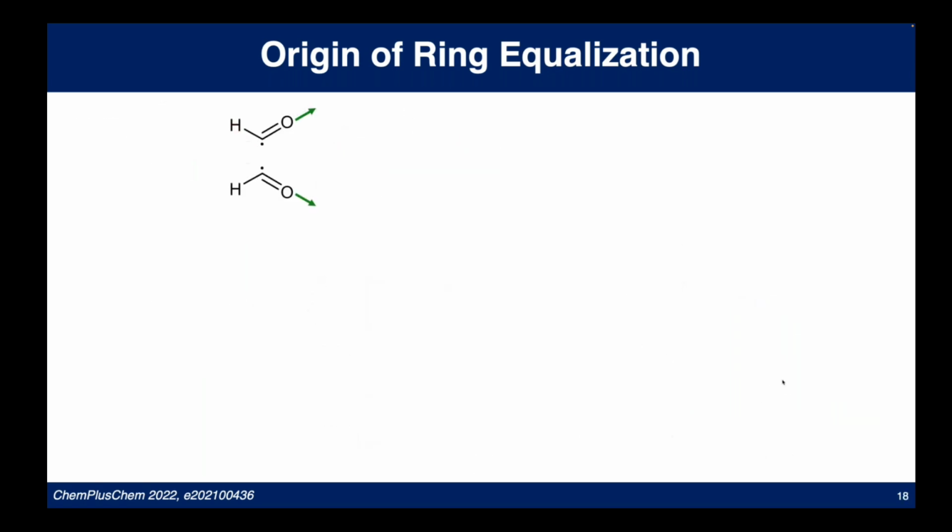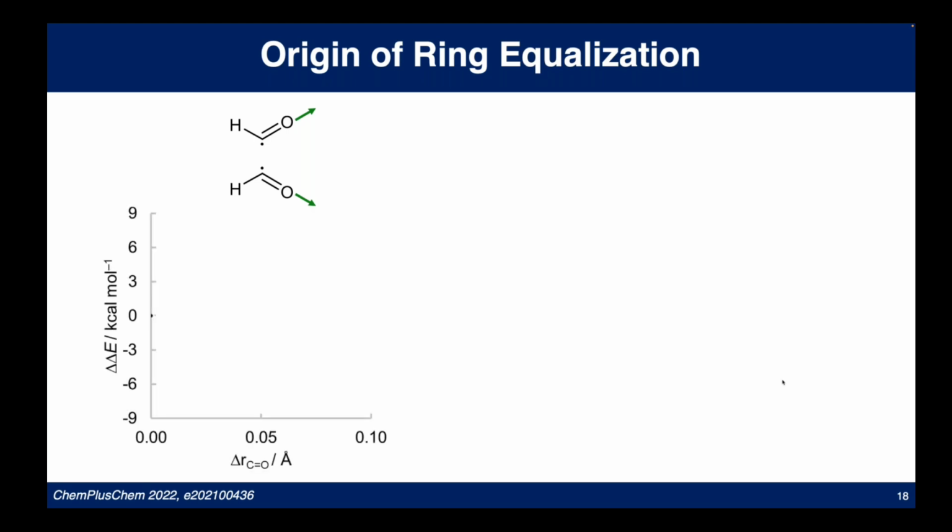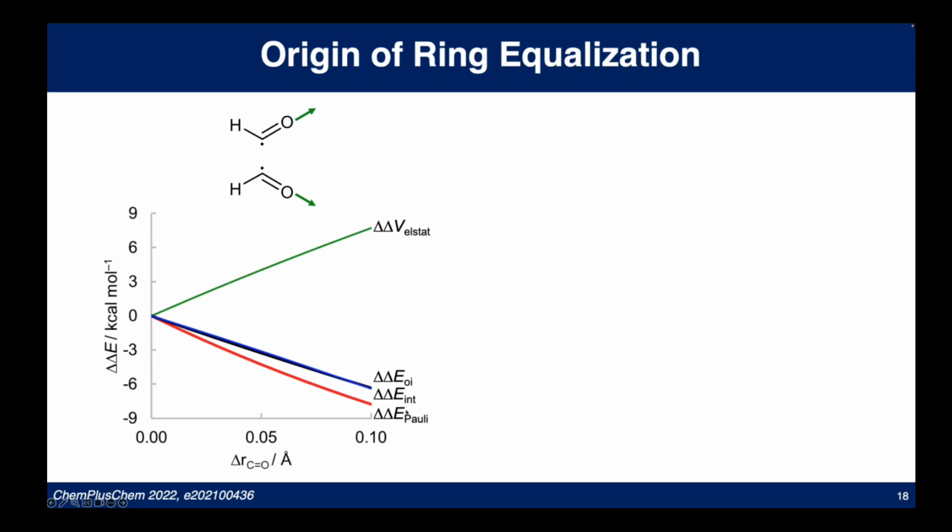Now we wanted to analyze what is the reason behind that. So why can these two carbon atoms come closer together when the two COs elongate? And what we saw is that the interaction energy goes down when the CO elongates, and that is not due to the electrostatics, because that becomes less, but it's really because of the